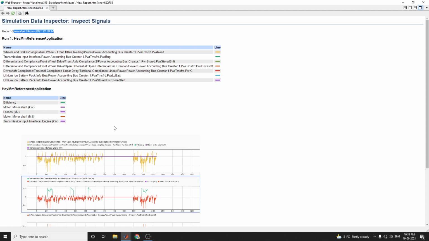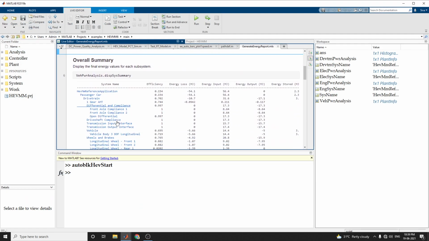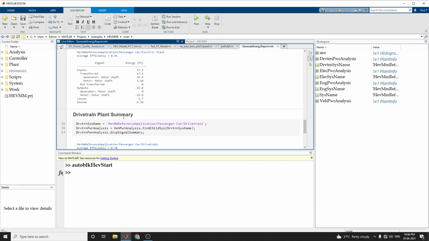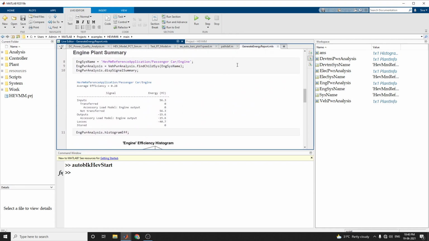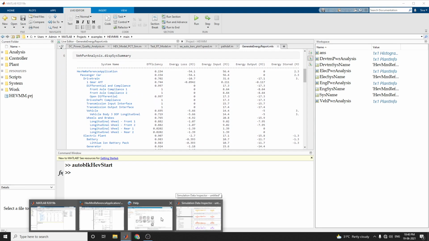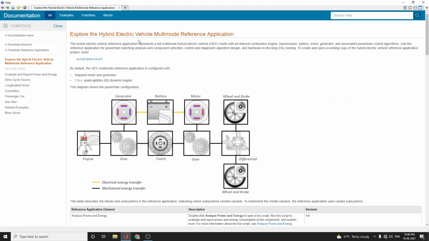These are the parameters you are going to discuss by using this SDI plot. SDI is the Simulation Data Inspector block. Okay, this is the model of the hybrid electric vehicle multimode reference model.